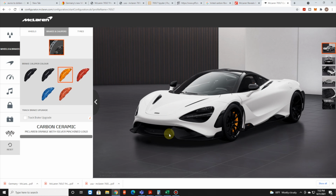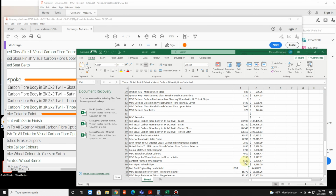You could literally tint this whole carbon fiber pack 2 and carbon fiber pack 3 any color. So I'm almost tempted to do an emerald green, color match these brake calipers to an emerald green, and then do an emerald green stitch. The issue is when you start doing all that stuff, you can see that the tint on the carbon fiber